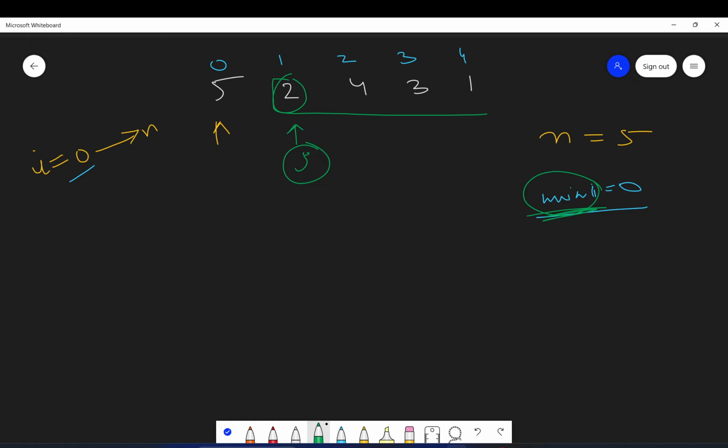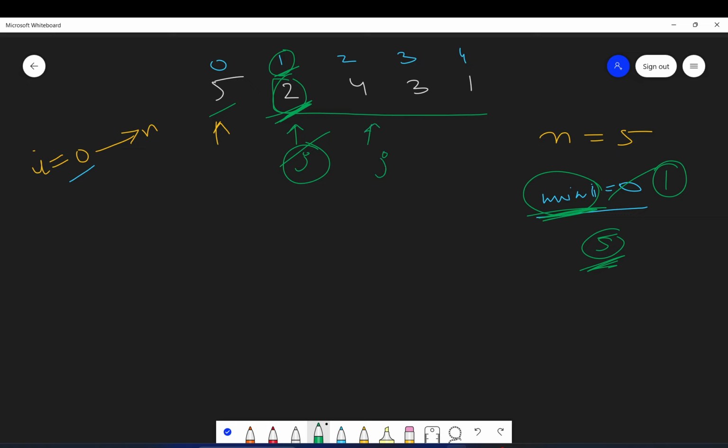As of now, the value at min index is 5. We will compare whether this 2 is less than 5. Yes, so our min index will get updated to 1 because 2 is less than 5. So right now the current minimum value is at index 1, which is 2. We will go forward and now we see 4.